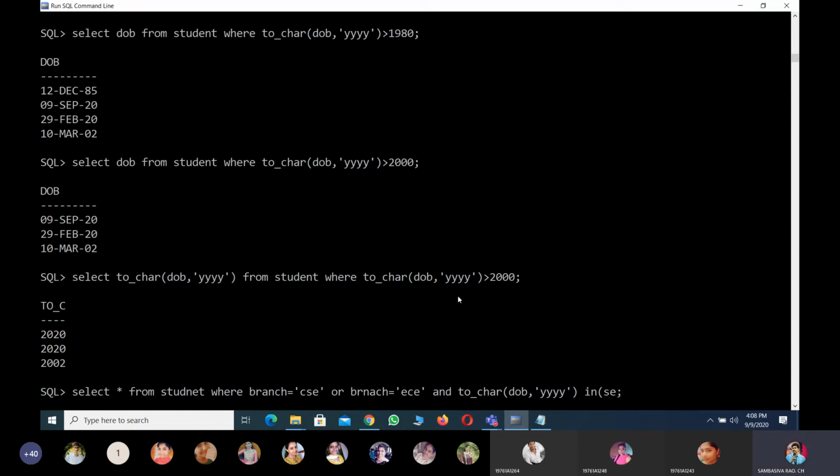I think this will not run. Why is it not running?